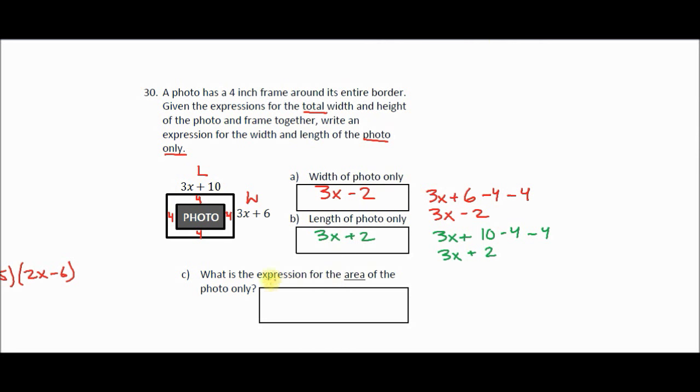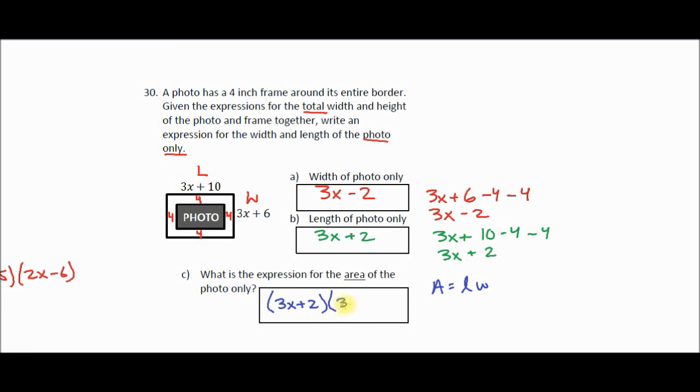Final question, what is the expression for the area of the pool only? Remember, area equals base times height. Or we could also say, again, length times width. I should just write it as length times width because that matches our problem. Length times width. So all we're going to write down is the length of the pool is 3x plus 2,